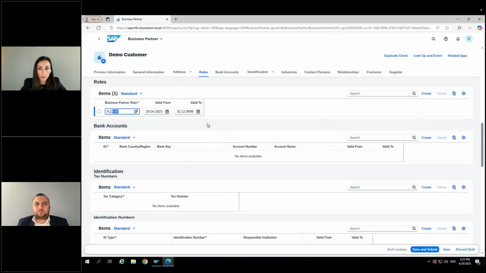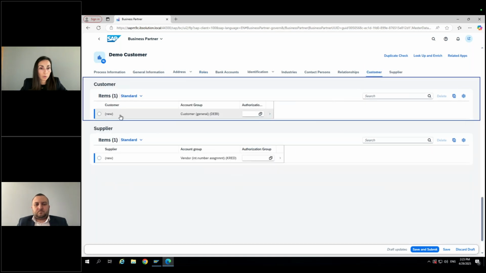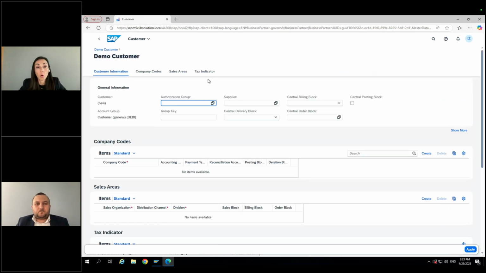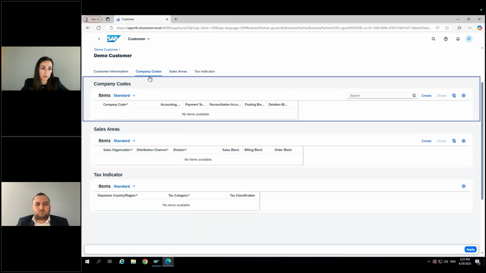Now, if we go directly to the customer, you can see that it's already prepared for us here as a new, and we have to click navigation here in order to go to the section with all the customer specific data. Same UI approach as on business partner level. We have different tabs for general information, company codes, sales area, tax indicators. Within the company code section,